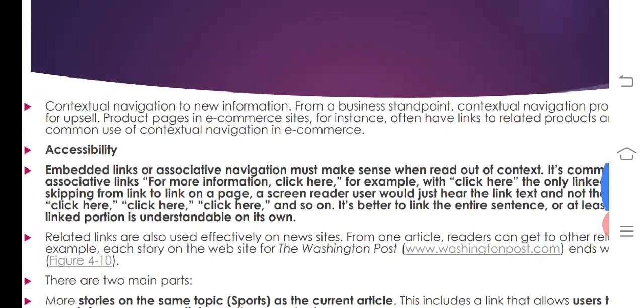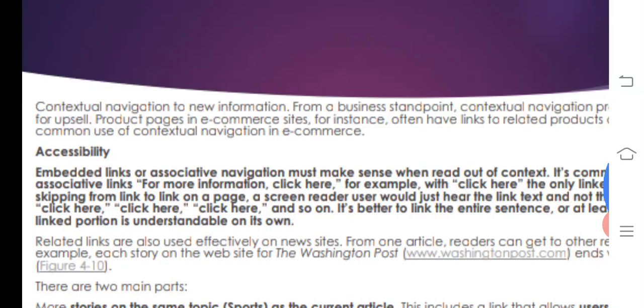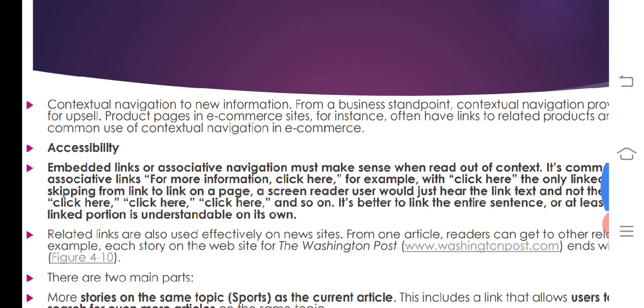In accessibility, the link associated with navigating must make sense when read out of context. An associate link for more information might say, click on some example, or click here, you will get more information.